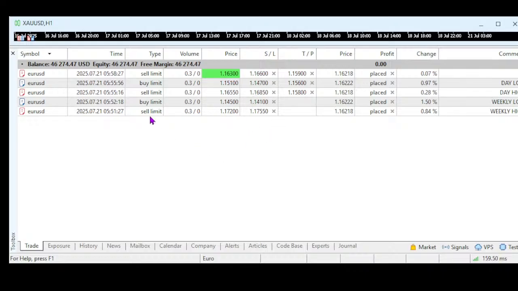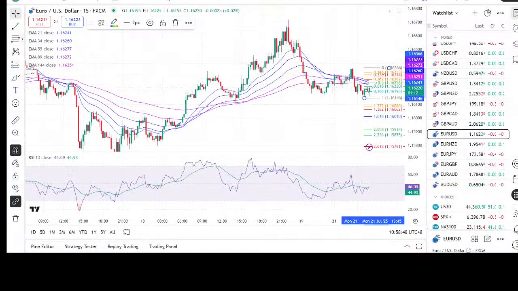So we have for the euro, we have weekly orders keyed in already, daily orders keyed in already, then scalping, which we have just keyed in. So we are just trying to sell, and this we are looking at a 40 pips move. So let's move on to the next currency.